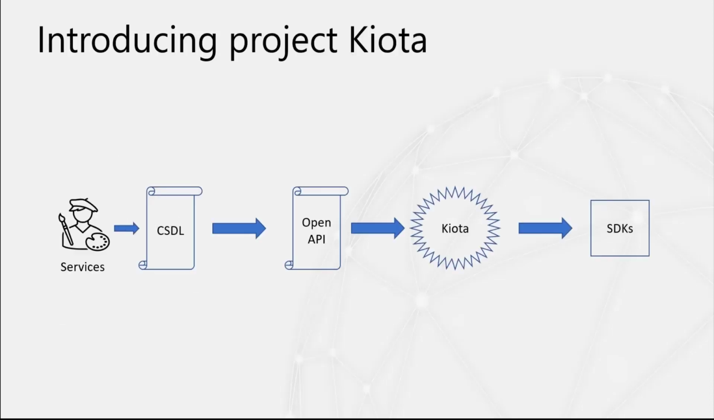So now let's talk about Project Kiota. We still have the services, OneDrive, SharePoint, Exchange, and many more, that are building that CSDL description of the service and the APIs. And now we have a tool provided by the OpenAPI community that allows us to convert that CSDL document